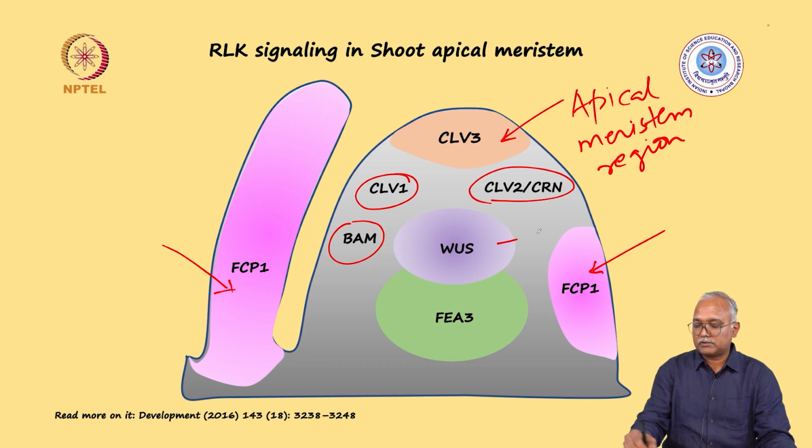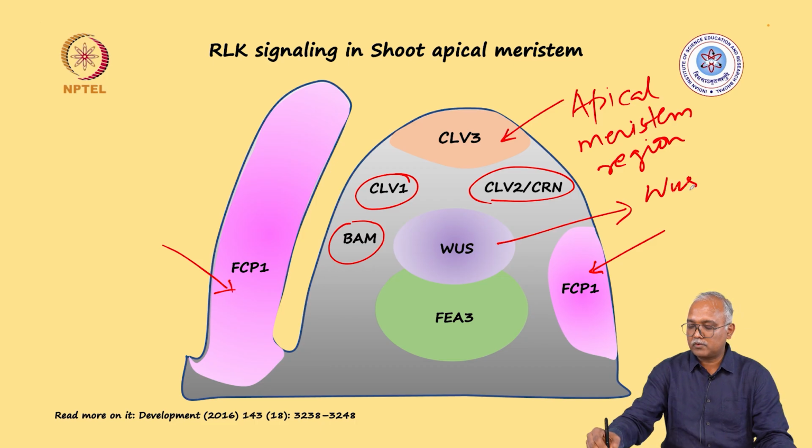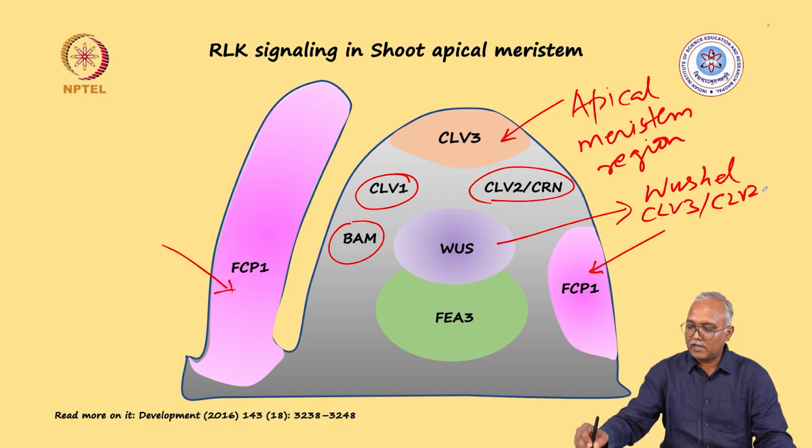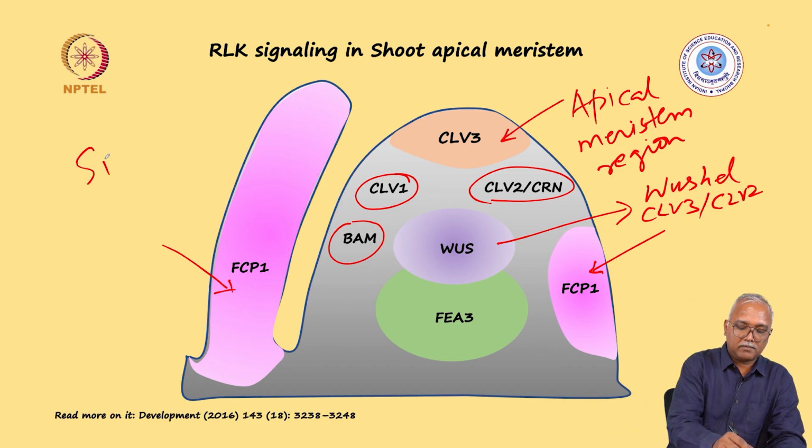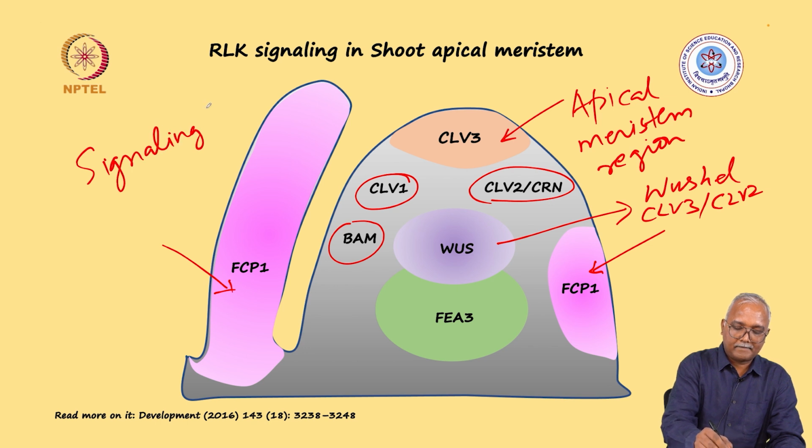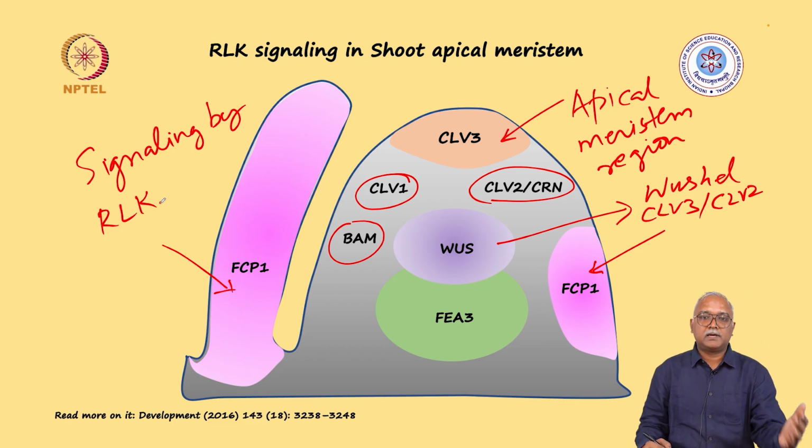Apart from these different molecules, one very important gene, which is WUSCHEL, is engaging in interaction with CLV3 and these CLV2-like molecules, and ensuring that the signaling by RLK is activated. If you recollect, the signaling is activated by engaging into this MAP kinase pathway where 3 different kinases are there, and they initiate a cascade of phosphorylation events where MAP3K activates MAP2K and then